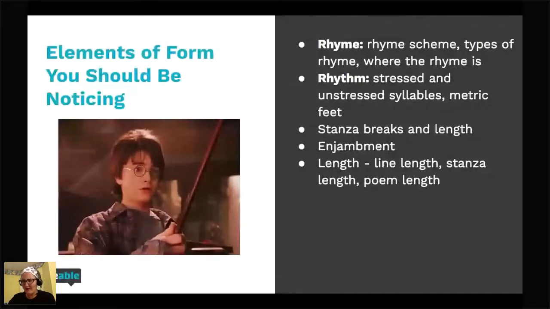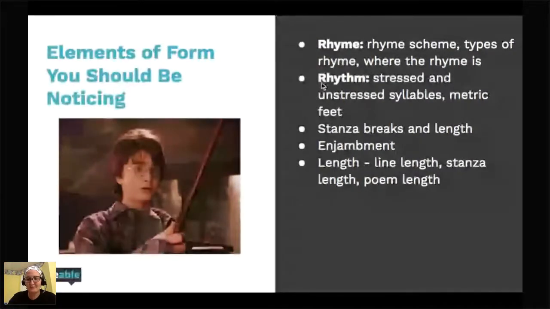Or a short poem about love. It's like, okay, love is a huge subject. Why would they write so short about it? So that's something else to think about as well.